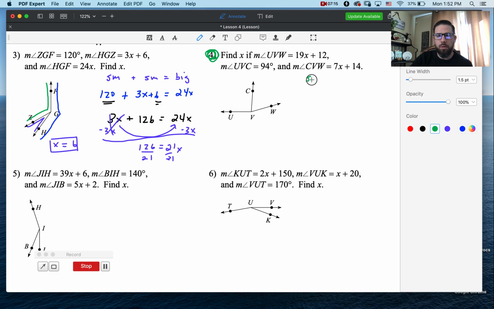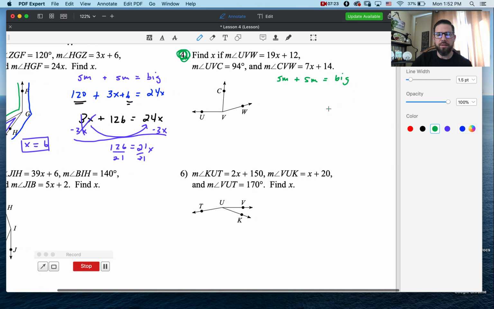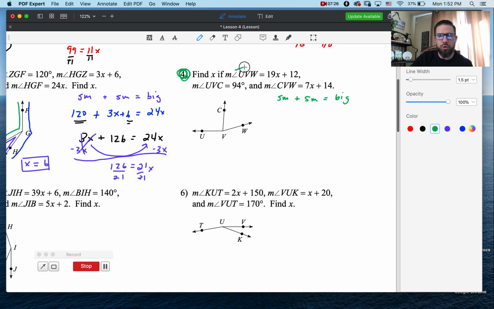All right, now we've got our small plus small equals big. That's our angle addition postulate. Let's identify what we've got going on here. UVW. So from U to V to W. See how that's the big one? It's both of these combined together from one tip of the angle all the way. If you ever go from one arrow all the way over to the other arrow, that's a big. That's your big angle. So this guy's our big guy. So we're going to put him over there with the bigs, which means we can put these other guys here